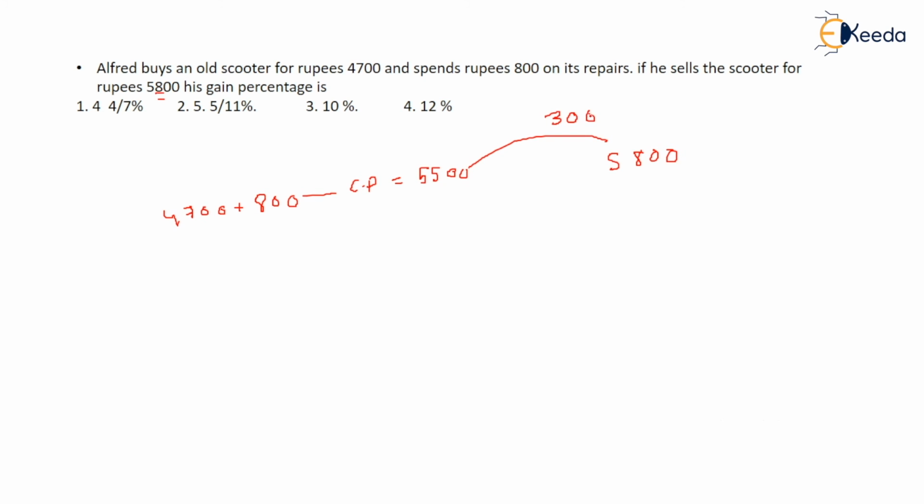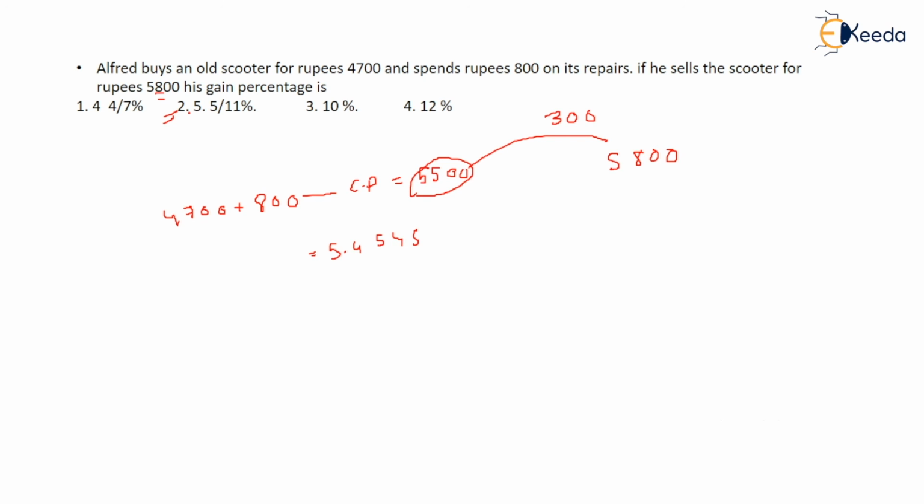And how much is he gaining by selling it at 5800? 300 rupees he is gaining. And how much did he invest from his pocket? 5500. So 300 divided by 5500, you will simply get the answer. That comes out to be 5.4545. So you can simply find out from this that this is the right answer. Okay, 5.55 by 11, that comes out to be 4545.